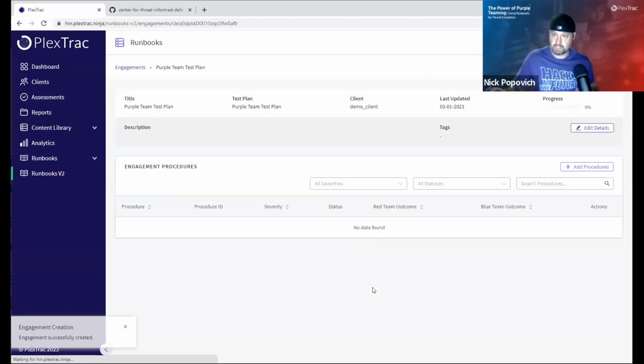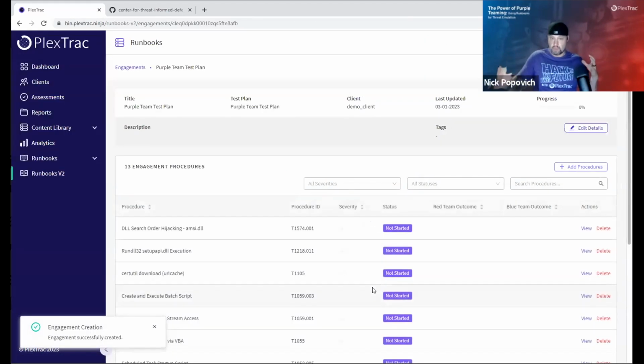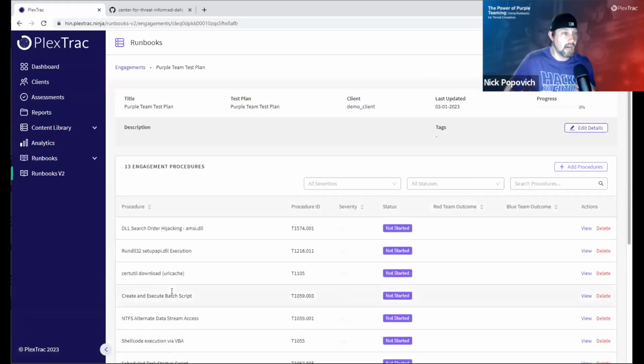And so what's really neat is as we begin this engagement, regardless of if you're doing logical testing, where you're an offensive security practitioner logging into systems and running this live, or maybe I'm a SOC analyst logged into this same UI with the permission set to view this engagement. Or we're an organization sitting in a boardroom, and we have some folks in the SOC on Zoom and some folks on the security engineering team. We're all in one place. We all have a set of procedures, and even if we're doing a thought exercise, we get the opportunity to